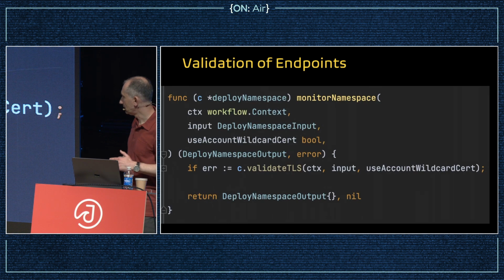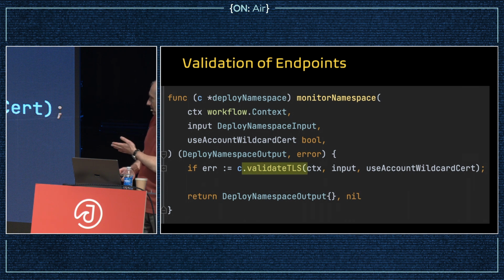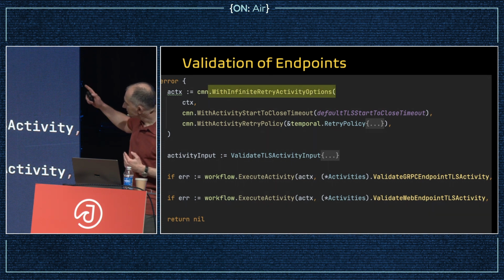The tail end: we need to validate configuration, and we need to validate connectivity to the namespace we provisioned. So we followed all the steps in the list, and now we need to check that we can connect. So there's a method, like I said, a screenshot from production code, validate TLS, which does what? It has this interesting thing. It says,